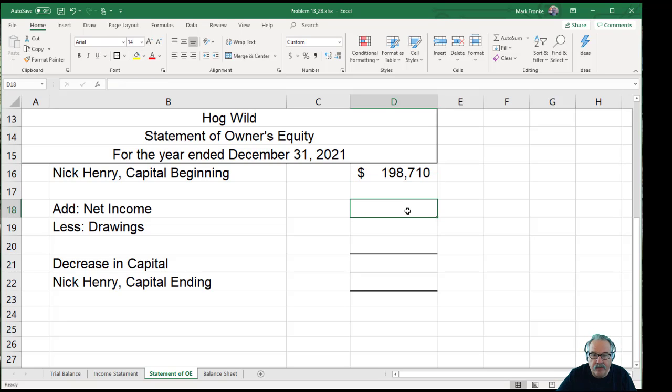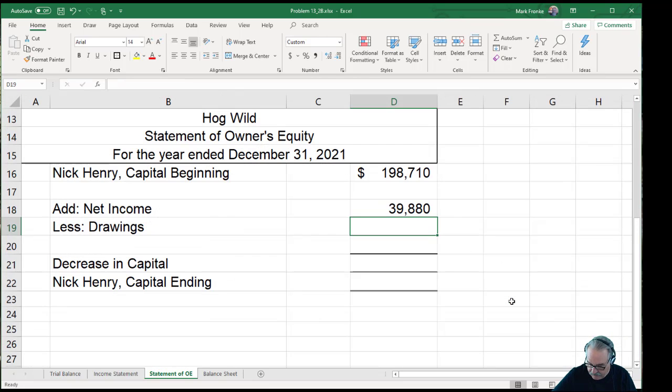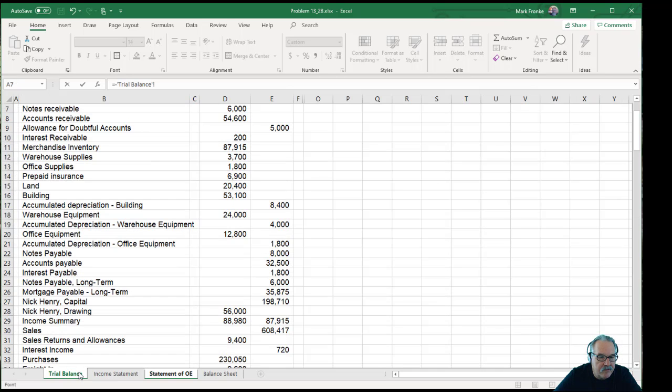Then we're going to add to that net income. Net income comes right from the income statement. It's $39,880. And then we have the drawing account, which is also on the trial balance in your book. It's